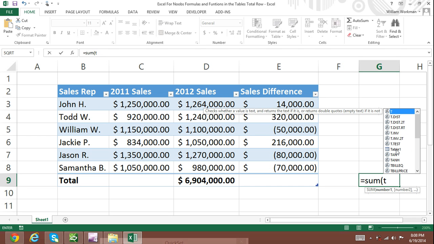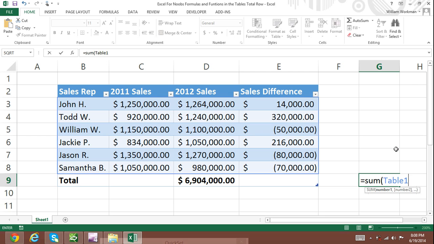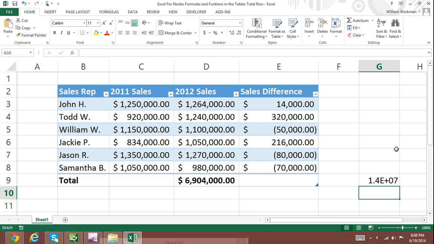All that I have to do is double-click on Table1 in the list and then close the function arguments parentheses, and the result of my function will be the sum of all numeric values within my table, not including the column headers and the total row. My function reads equals SUM, and then within parentheses, Table1, our table name. If we were to manually type this function into a cell,